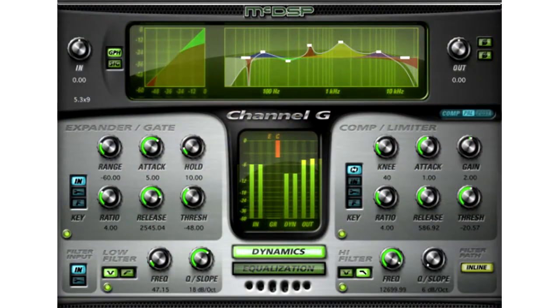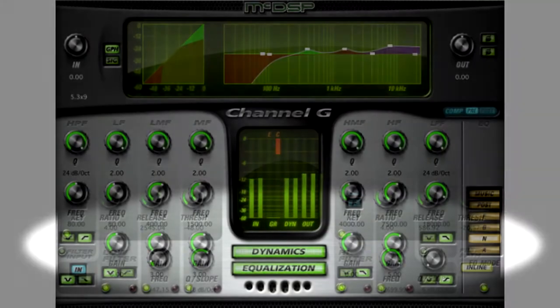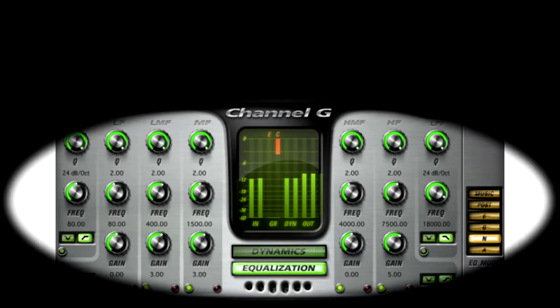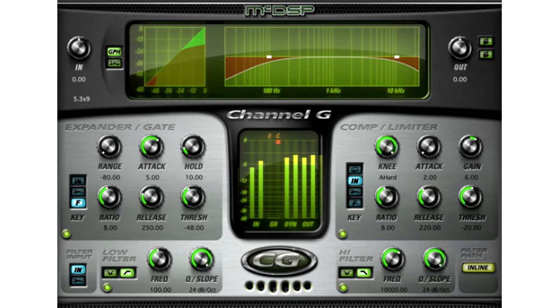I want to talk about my most valued plugin. It's called Channel G from McDSP. It is literally 3 plugins in one: G Dynamics, G Equalizer, and G Console. G Dynamics is an expander gate, compressor limiter, and filter. The G Equalizer is a 5-band EQ with filter, and G Console is a combination of the G Dynamics and